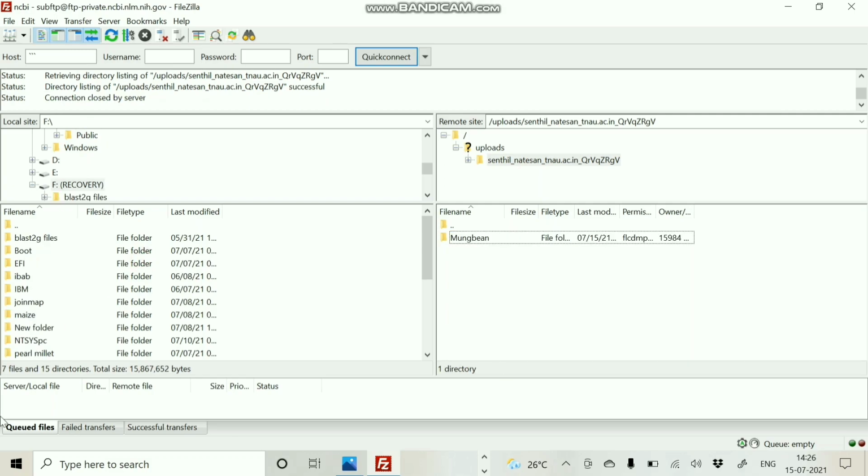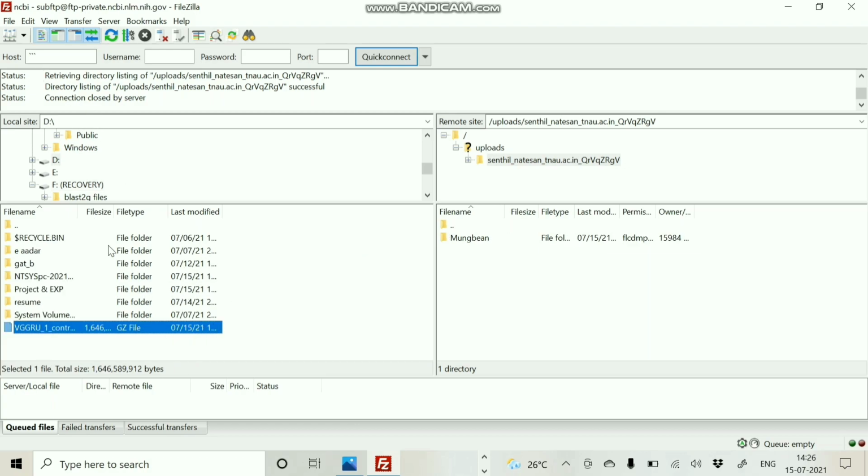Here on the left side displays the local files and directories of your PC, and on the right side the column displays the files and directories on the server we have connected to. So both the columns have a directory tree at the top and a detailed listing of the currently selected directory content at the bottom. First, in the local panel, bring the directory into view which contains the data to be uploaded. So here, this is the FASTQ file in gzip format. Now navigate to the desired target directory on the server to upload the data.